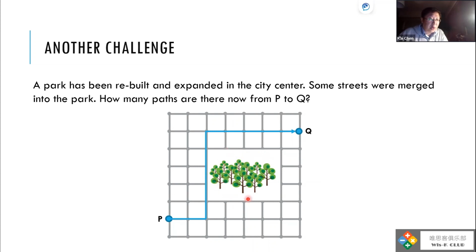So we have a square, a bigger square, which is not accessible. We cannot enter it, in other words. And now how many passes are there from P to Q? It's not the same as we have learned to count the intermediate points, but now some points are not possible. In this case,